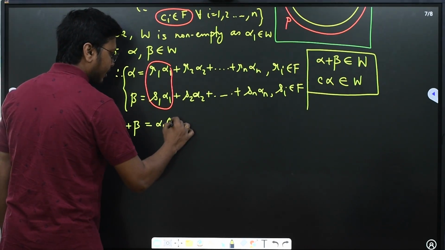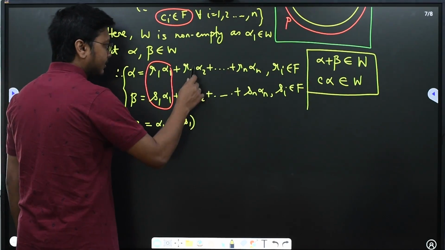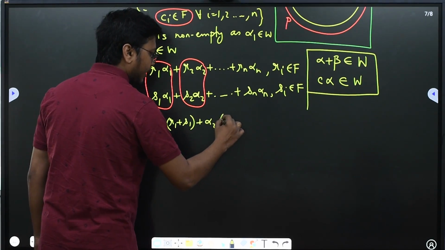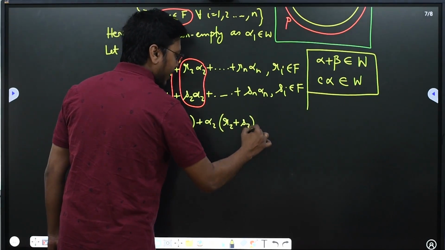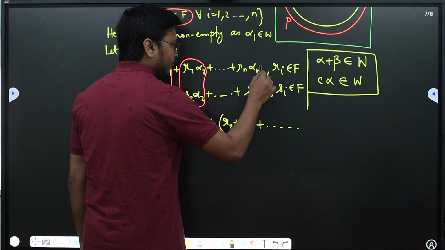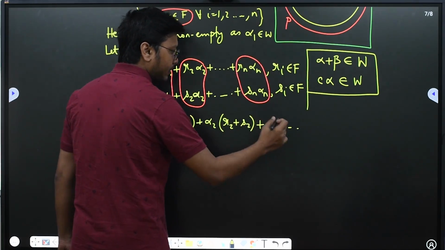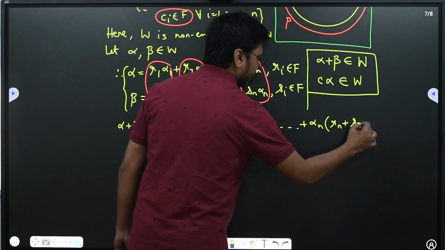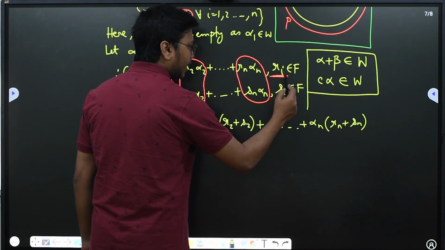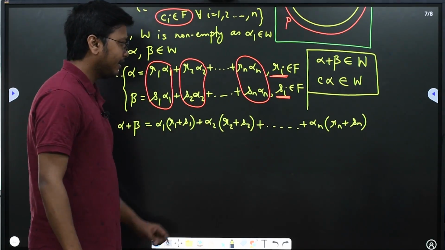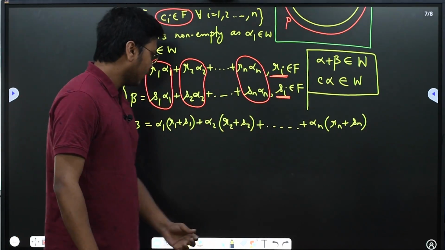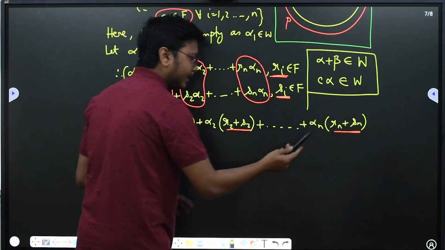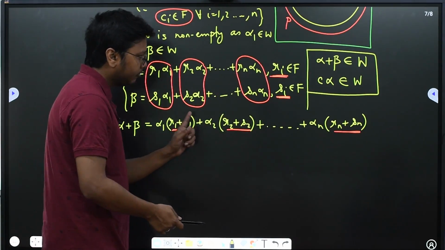if I take alpha 1 common, I'll have R1 plus S1. Similarly, if I take the second pair and if I take alpha 2 common, I'll have R2 plus S2. And if it goes on this way, finally if I take alpha n common, I'll have Rn plus Sn. Now you can see each of the R and S elements have been taken from the field. So their additions, R1 plus S1, R2 plus S2, Rn plus Sn, are also further constants which again belong to